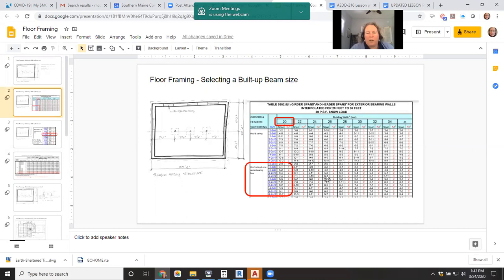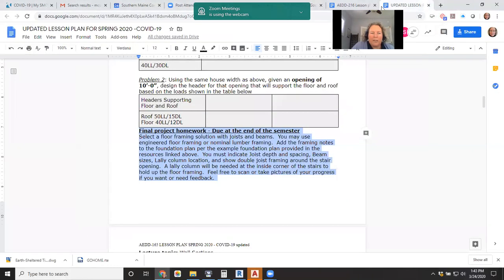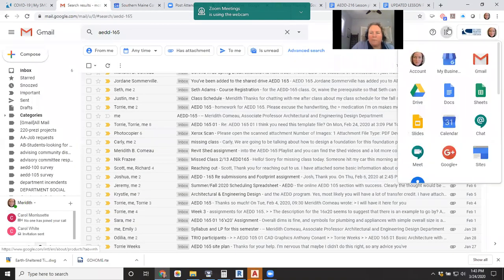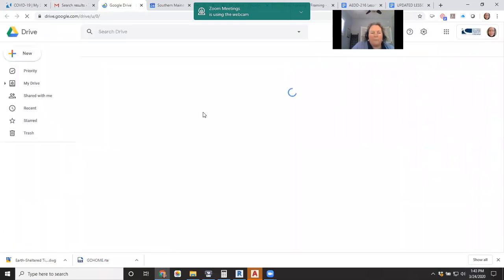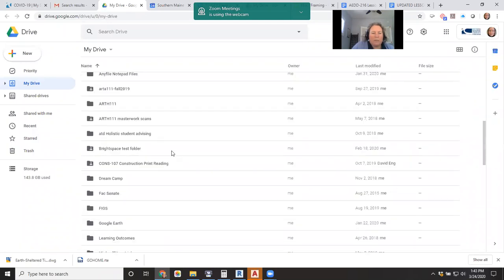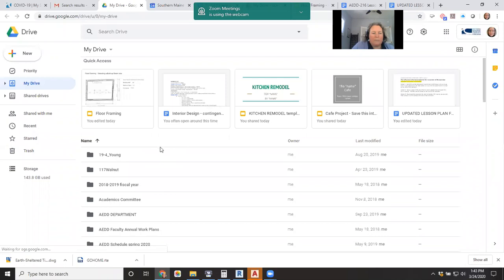Now this is your table that you're going to use for the girder spans and header spans, and you can get this if you go into that Google Drive link in your lesson plan. You can get those floor framing resources by clicking on that, or you can go to your Google Drive. You go to your Google Drive by going here, clicking on Drive, and I've made you all have access, I believe, to this folder called